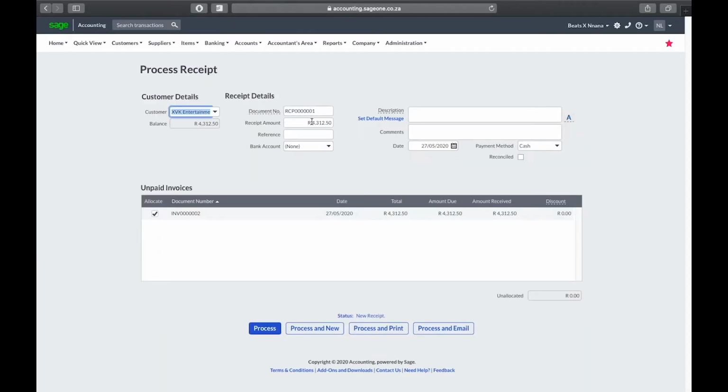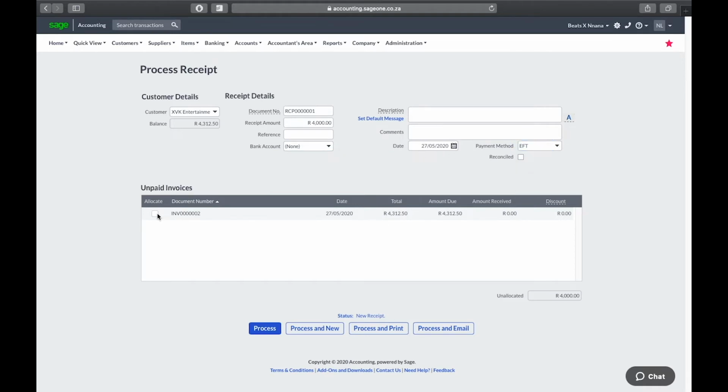Let's say you decided to pay 4,000 rand exactly. There's a reason why I'm shortchanging it, but let's say you decided to do 4,000 rand via EFT. Obviously, we haven't added the bank account, but if you had a bank account, you select the bank account that you want. We'll get to that module also. Payment method, EFT,